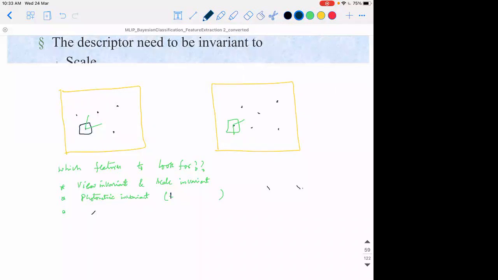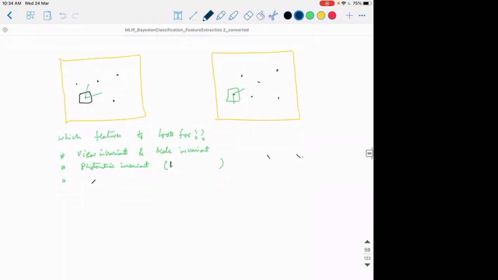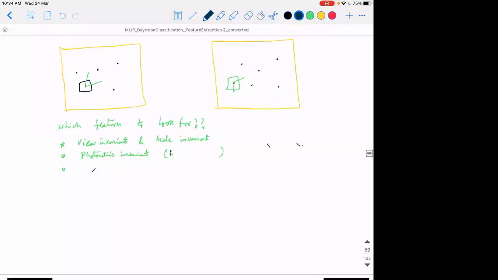Like edges, and any other features? Do you suggest? The ones which are invariant to view and scale, as we discussed before, the size of the patch around which the same information is there may be different. So essentially, if the feature dimension has to be the same for them, we need to go for histogram kind of features. So what this discussion infers is we need to go for histogram kind of features, and the histogram also depicts the shape information, not just the intensity information.